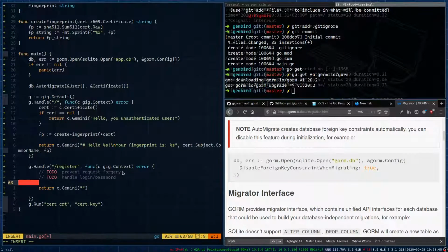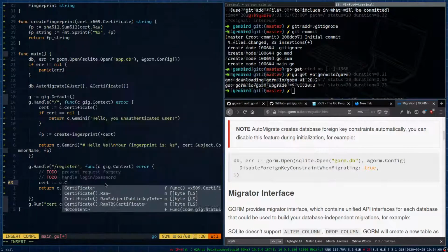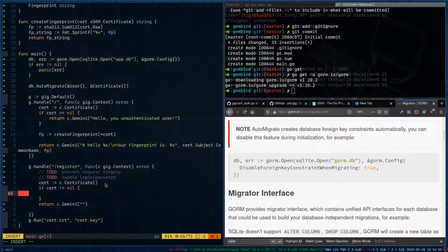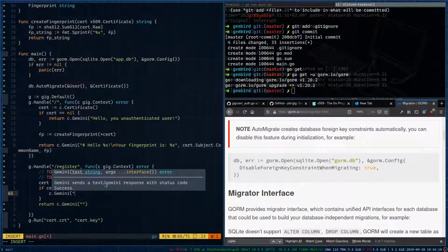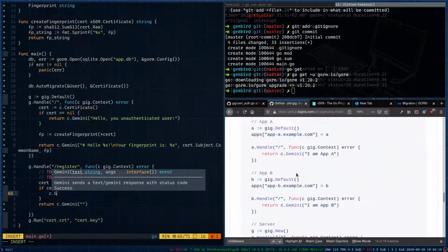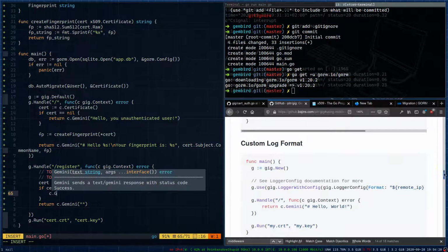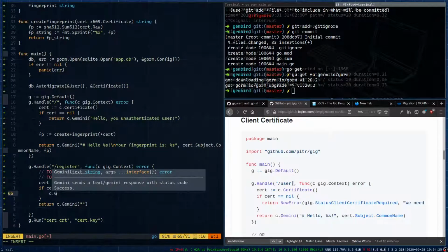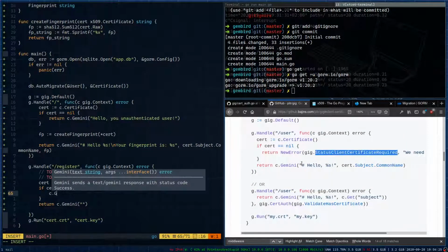Yes, so the first thing to do would be to require the certificate. So let's try to get the certificate from the user, and if the certificate is not there, let's tell the user, actually not like that, we're going to request it with the correct response type, which is